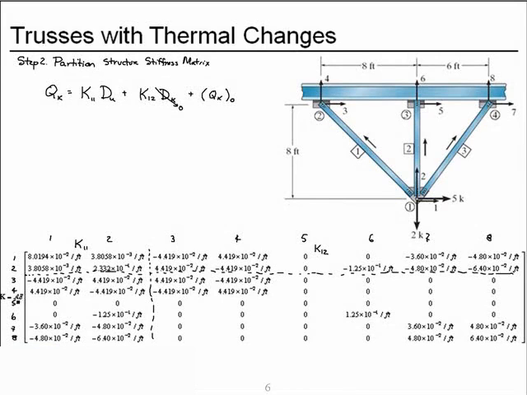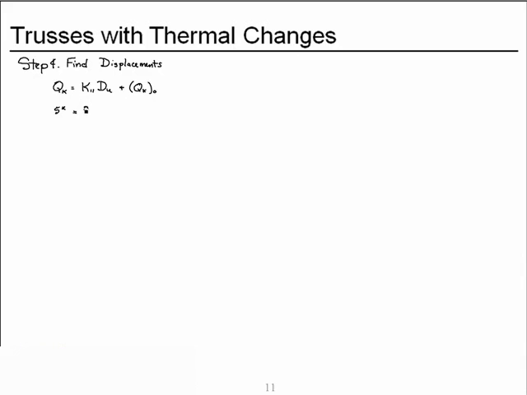So this term times AE, and A is 1 inch squared, and E is 29,000 KSI. So the per inches squared cancels with inches squared, and we get it in units of kip per foot. Very good. That's all times the unknown displacement in degree of freedom 1,